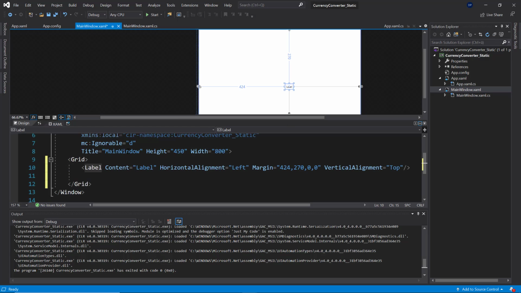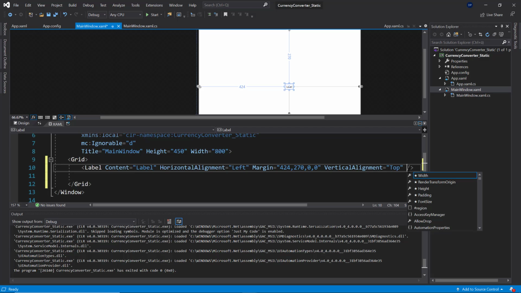So for example, if I drag a label in, you can see that it has this content property, again, the horizontal alignment, the margin, as well as the vertical alignment. So there are a bunch of different options. Of course, there are plenty more properties that you can change. You can just enter an empty space here and you can see that it gives you some properties that you